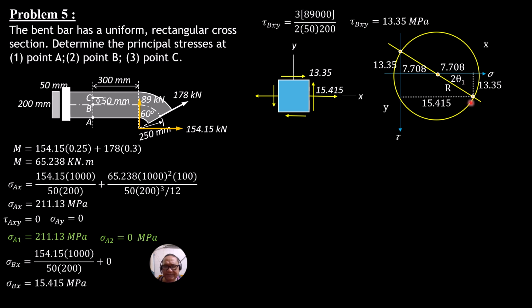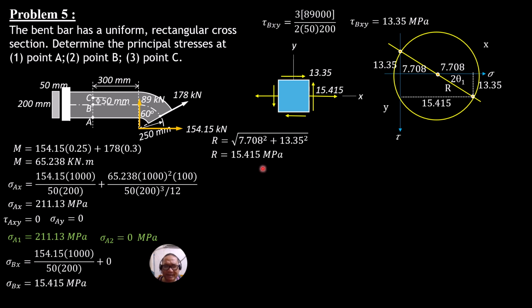7.708. So this is 15.415 positive, and positive, remember, this is a positive direction of shear stress, positive 13.35 megapascals. So half of 15.415 is 7.708, or 15.415 plus 0 all over 2. So that's it. Then from here, we can now solve for the radius of the Mohr circle. Square root of 7.708 square plus 13.35 square, and that is equal to